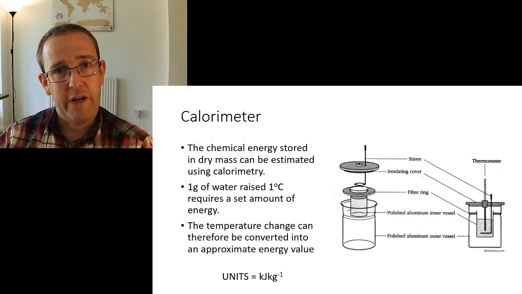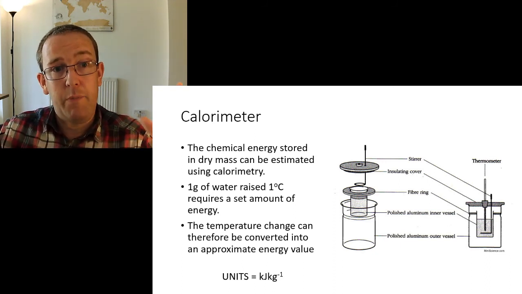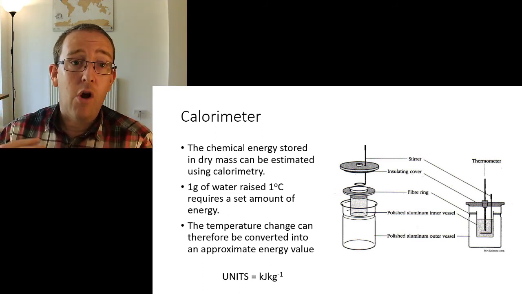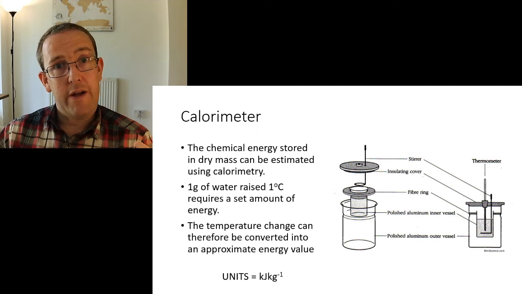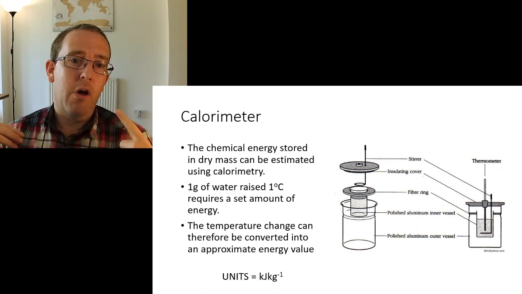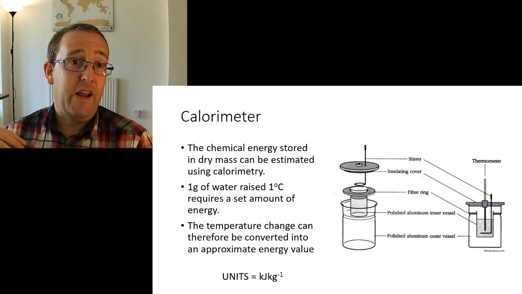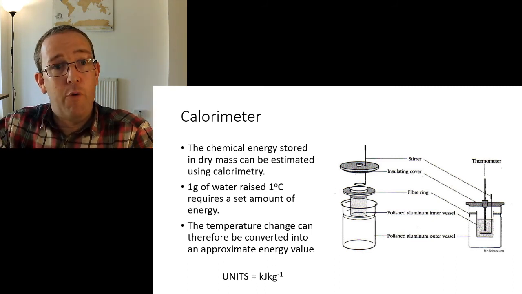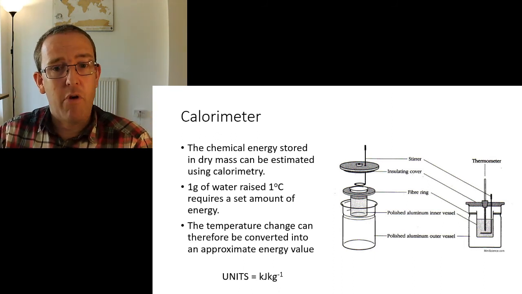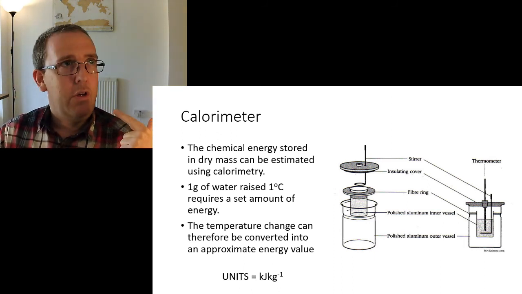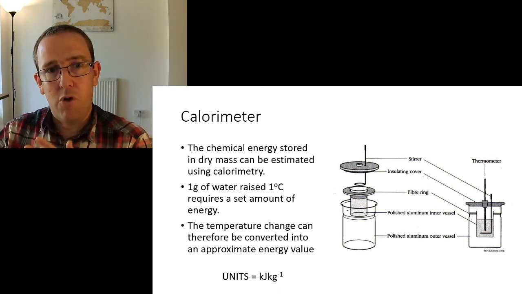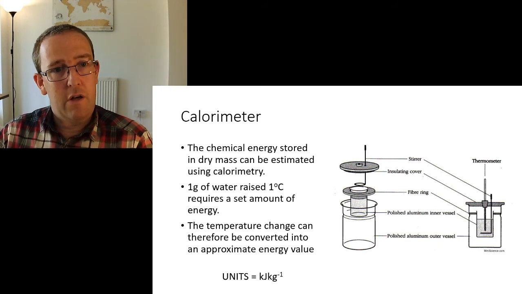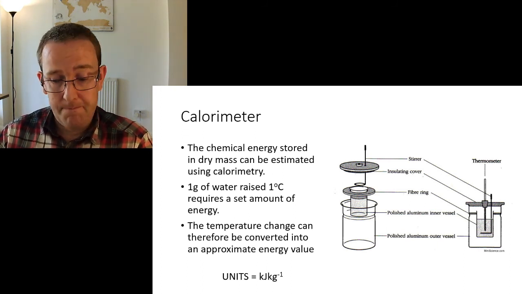So how many kilojoules per kilogram of material. So you can then get nice big compound things where you can work out the energy value of an entire forest or an entire ecosystem in kilojoules per kilogram per meter squared. So if you're trying to work out how much energy a forest grows by per year, you might get kilojoules per kilogram per meter squared per year. Compound units like that. And just like in physics, there are some mean A-level questions that ask you to work with those complex units. Okay?